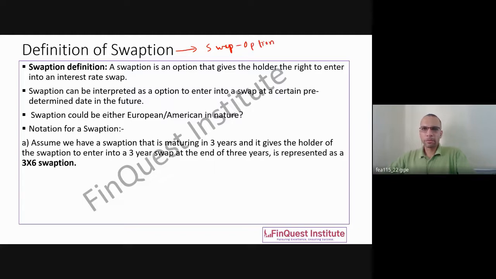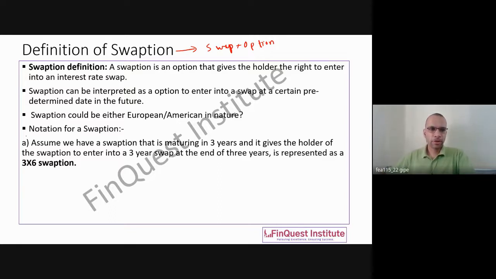So, you might want to split this into two parts: swap and option. That's why we call it a swaption. Now, since it's a swap and an option, there is some kind of optionality embedded in this product, and that's why we classify this as part of the interest rate options as such. So how exactly does the optionality get into this? Let's say I have purchased a swaption, or maybe